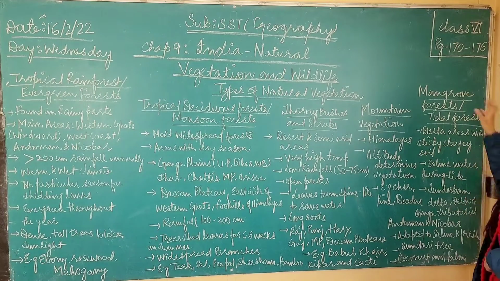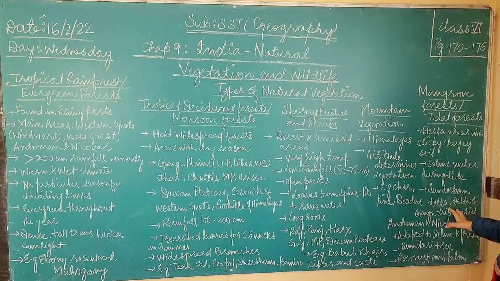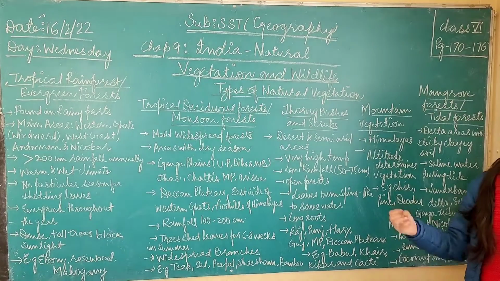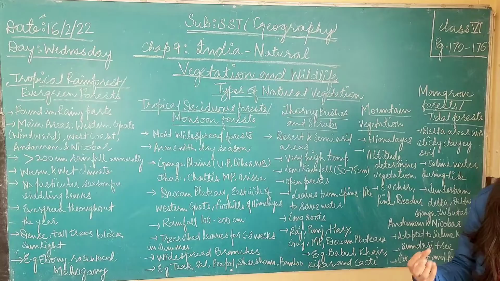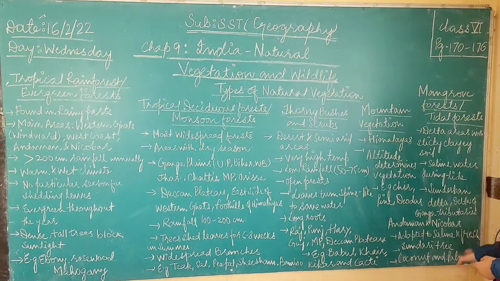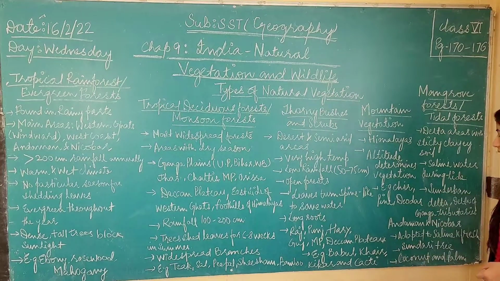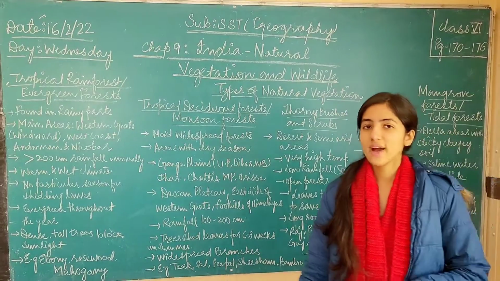These forests are found in the Sundarban Delta. Sundarban Delta is famous for mangrove forests, and these forests have adapted to the saline and fresh water in these delta areas. These areas have river bodies which have both saline and fresh waters. What is the meaning of saline water? That means it has a lot of salt in it. These trees can survive in salt water as well as fresh water.